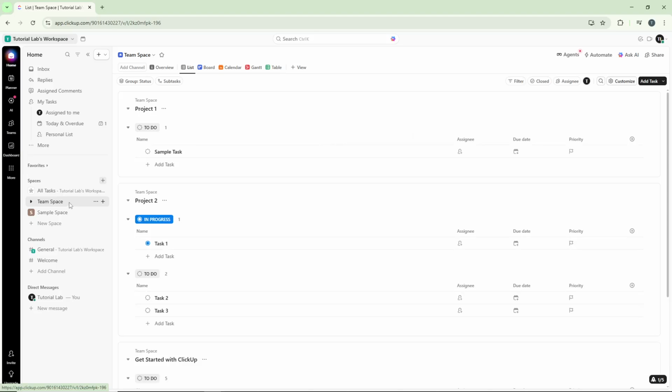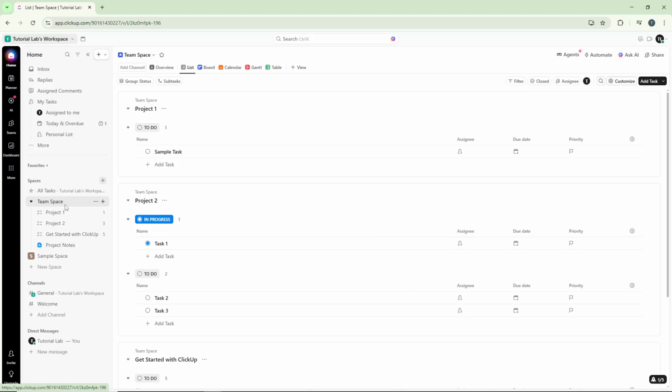edit. Before we continue, it's worth noting that you can choose whether you want to add a user to an entire space or just to a specific task. This flexibility allows you to control access levels precisely based on what each team member needs. For this tutorial, we'll be adding a user to the entire space, which gives them broader access to everything within